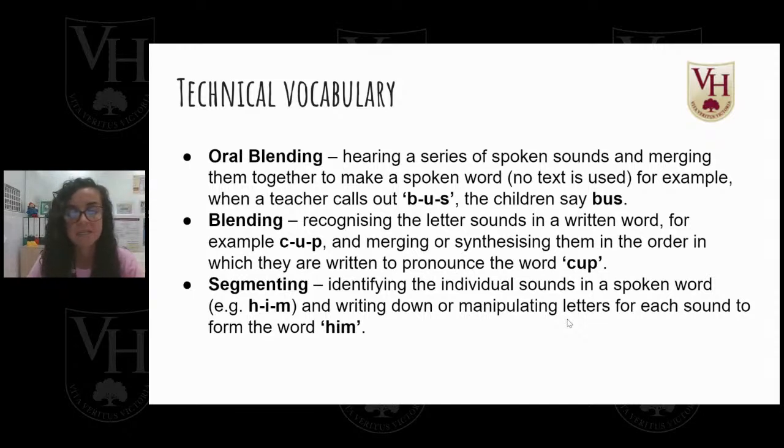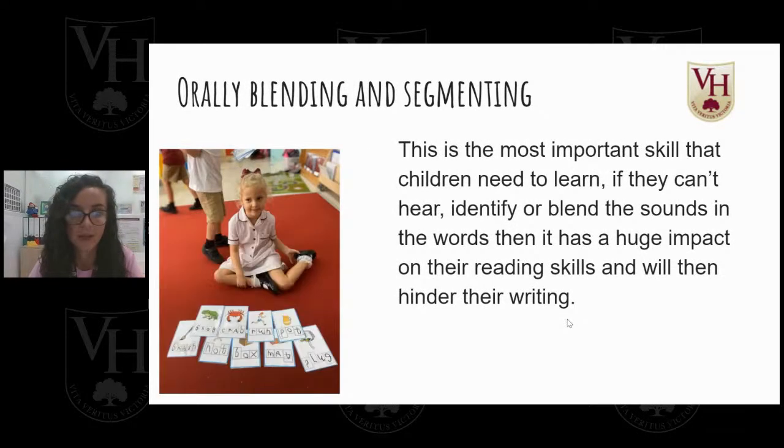Okay, and when we do segmenting, another phrase we always use is robot your word. So we'll go c-a-t, cat. So we robot the word, and then we blend, and we always do this action. We blend the sounds together. So when you are doing any reading with your child, if they are struggling, if you say robot the word, blend the word, that will help them out. Okay, so